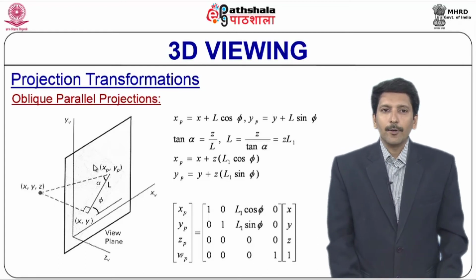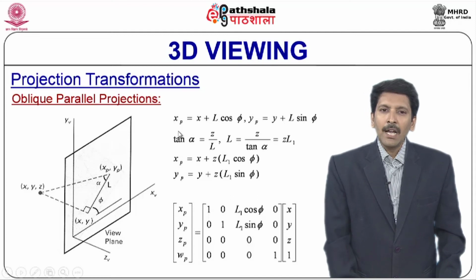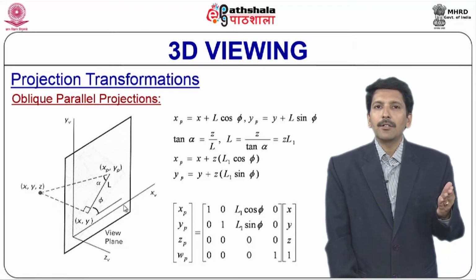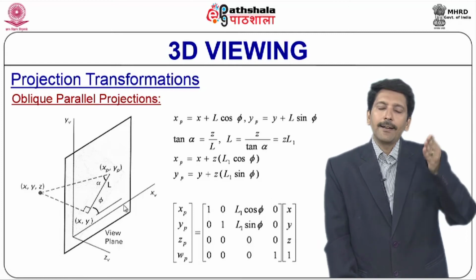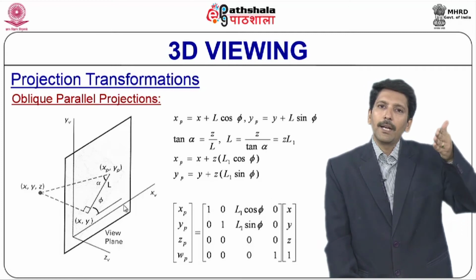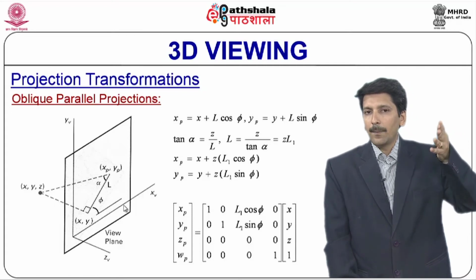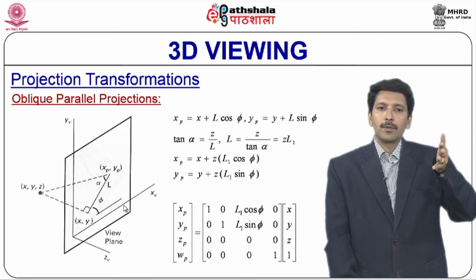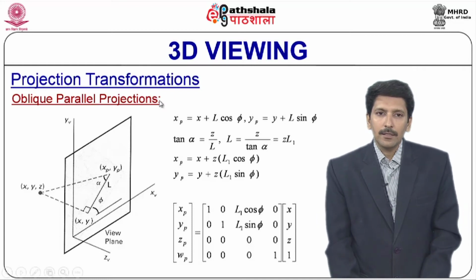So, imagine this scenario as shown there. Imagine this is the view plane. Again, our convention is that the view plane is an imaginary 2D plane onto which we do projections, and the plane is always considered to lie in the xy plane of the viewing coordinate system. So, the z direction is perpendicular. As shown here, this is the view plane.